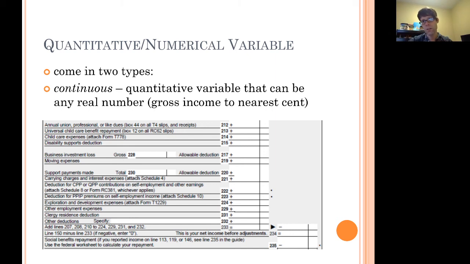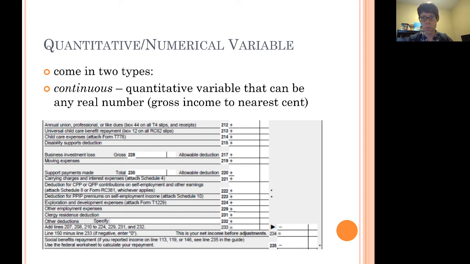If you're going down to the nearest decimal place, like 1 or 2 decimal places, I'd probably list it as a continuous variable. But there's a little bit of flexibility depending on how the data collection is actually set up. But I did want to give you, since some of you might be in the business stream and taking this from the business perspective,